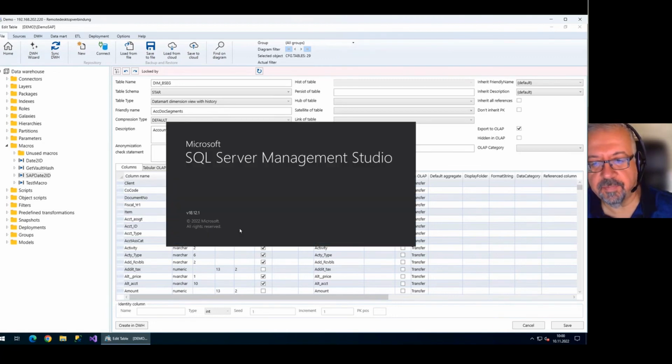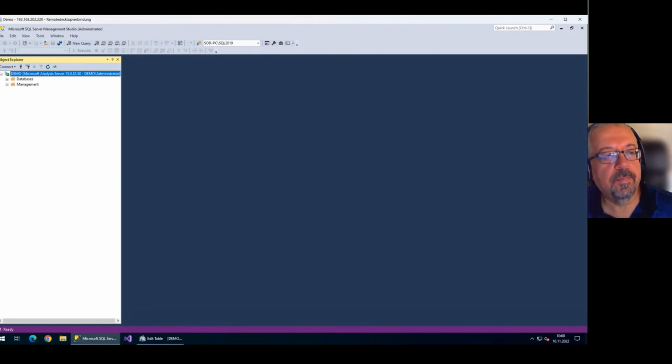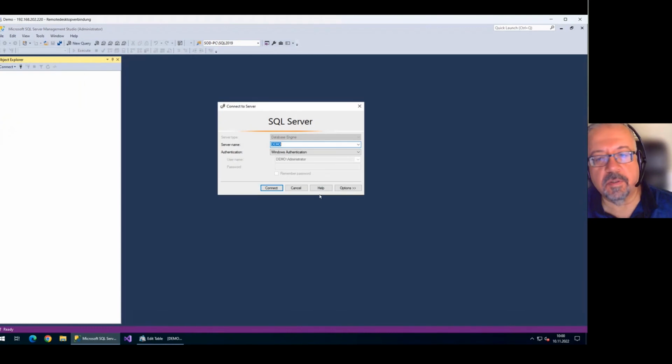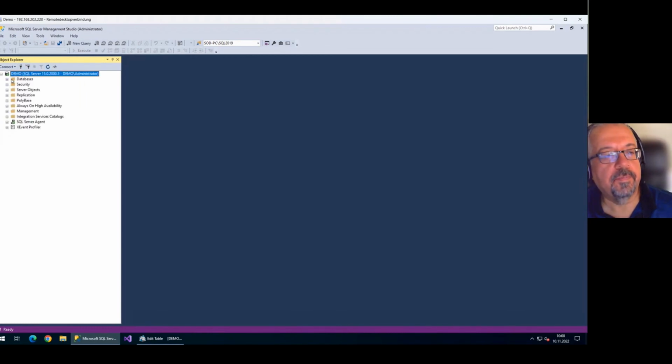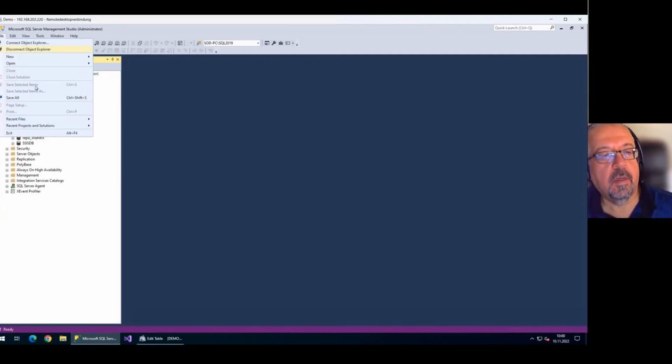I prepared the small script. One moment. Sure, I can create. Sorry, this is a wrong one. I connected to Analysis Service database. I will connect to our SQL Server database. All data from my project are stored in the repository. This is the database repo demo. Demo SAP. This is the name of my repository, and